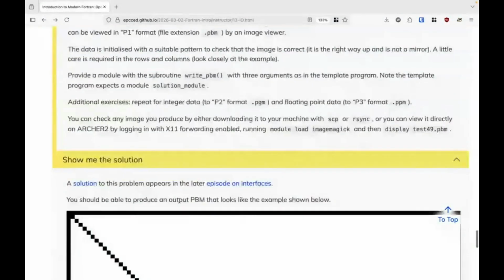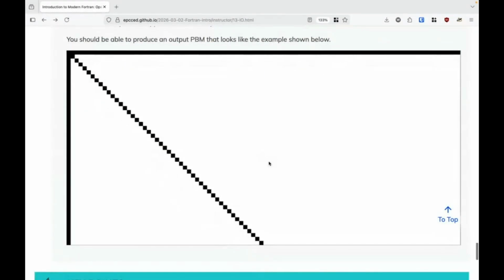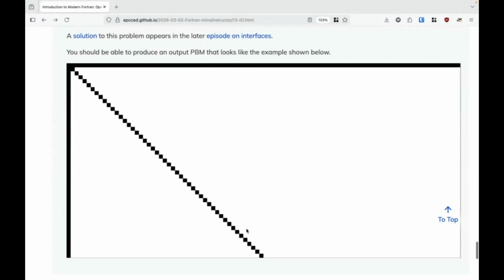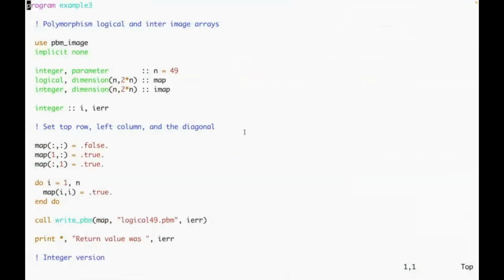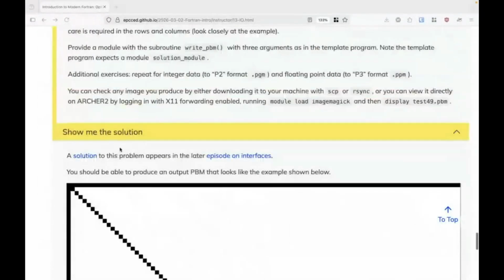If you were able to do that, you should have been able to make an image that looks like this. So hopefully you were able to do that. If you haven't, let's just take a look quickly at how you would do it. So this is the sample solution. You can check this yourselves. It's linked to here